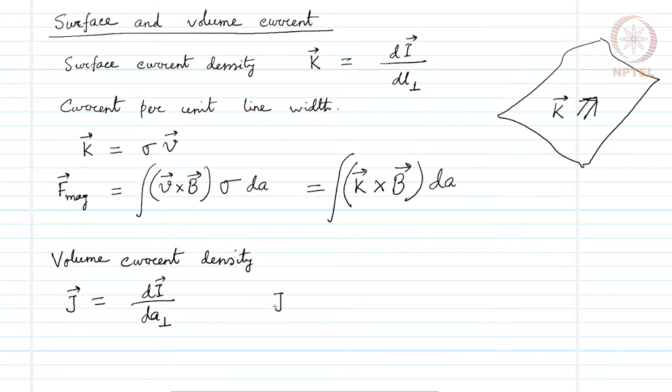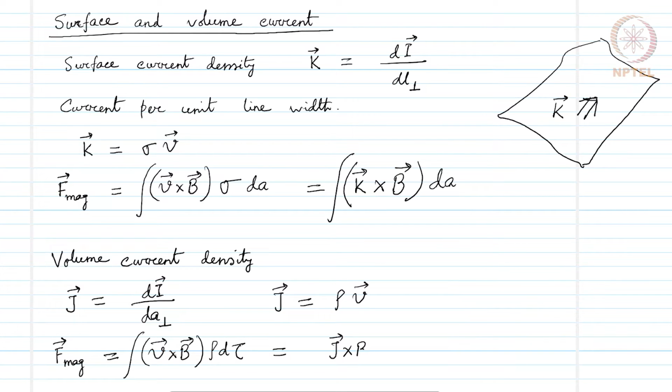That means the volume current density J can be represented as the volume charge density times V. Similarly to earlier, magnetic force can be expressed as V cross B rho d tau integrated over, which is nothing but J cross B